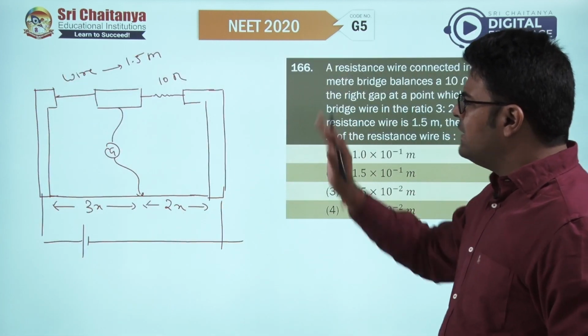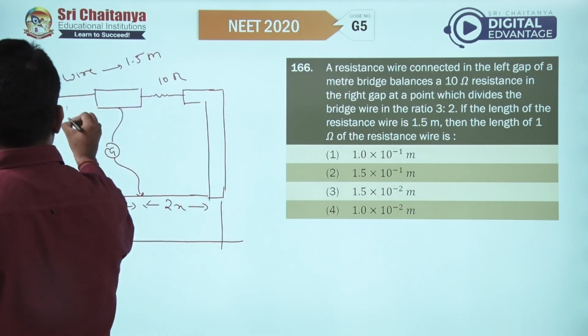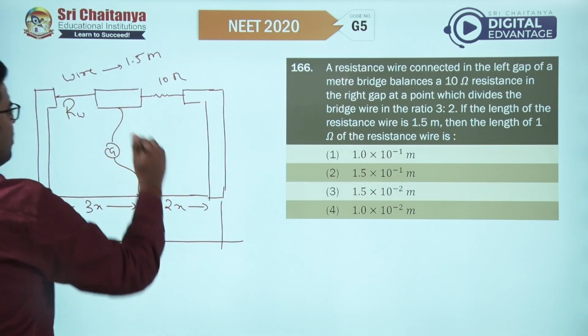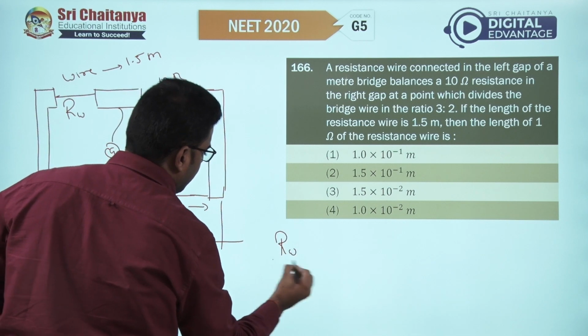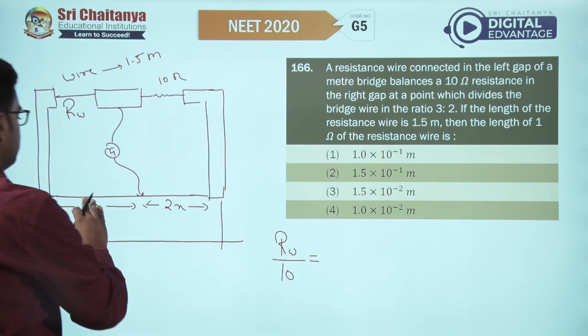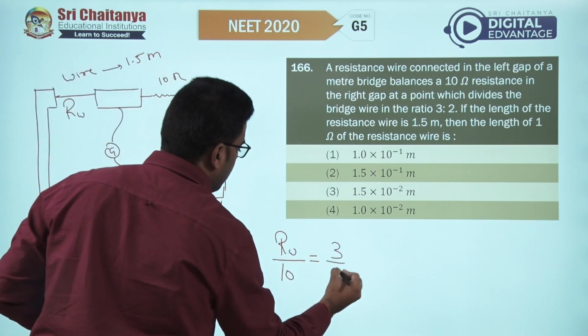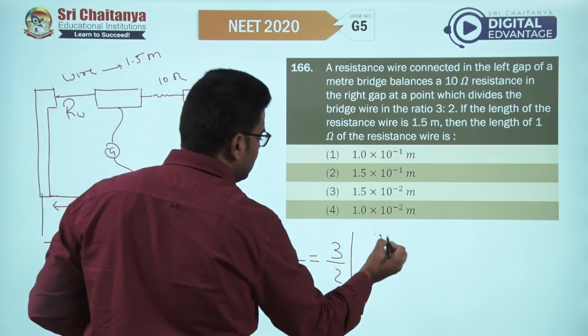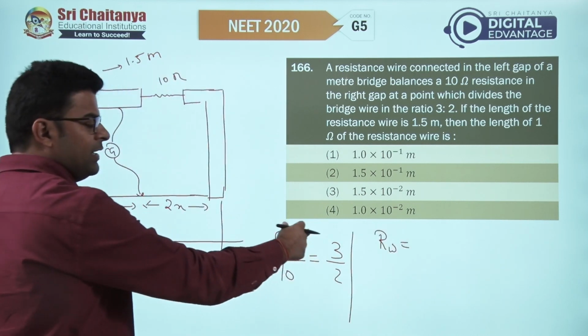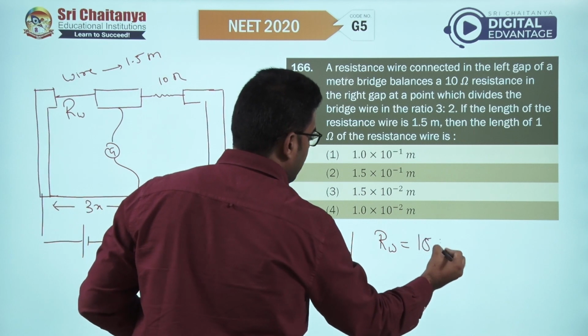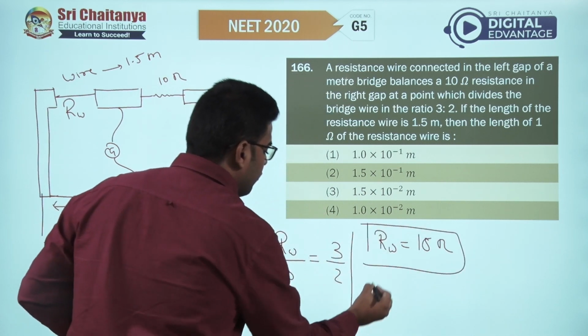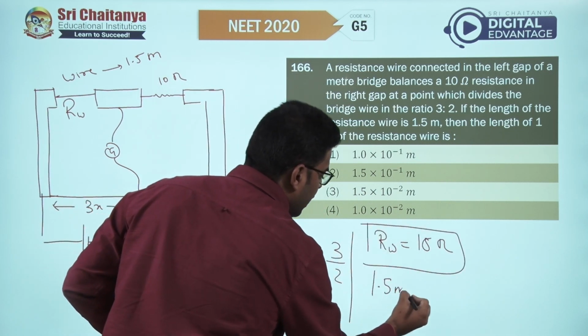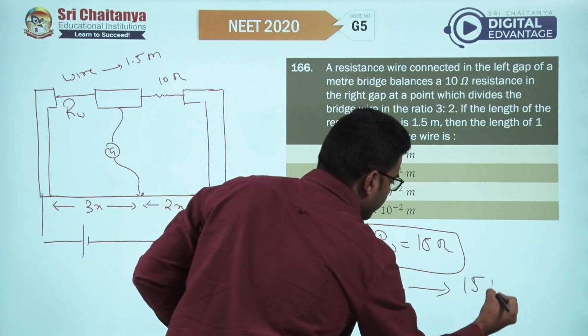So what to do? Let's say resistance of this wire is Rw. You will say that Rw upon 10 equals 3x upon 2x, that is 3 by 2. So from here you get that the resistance of wire is 3 into 10, 30 divided by 2, which is 15 ohm. So 1.5 meter of wire has got resistance of 15 ohm,